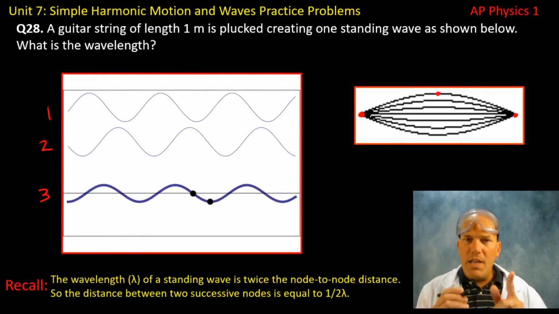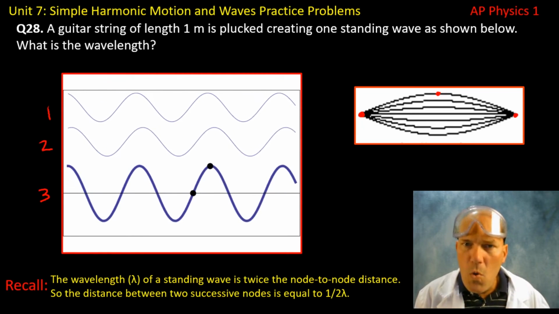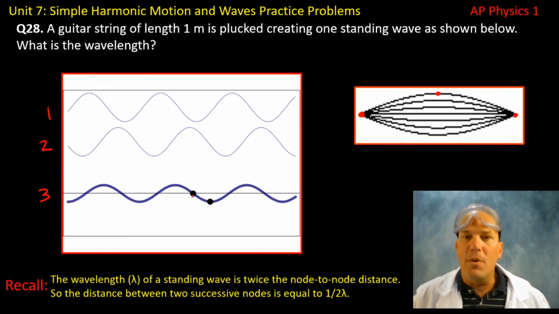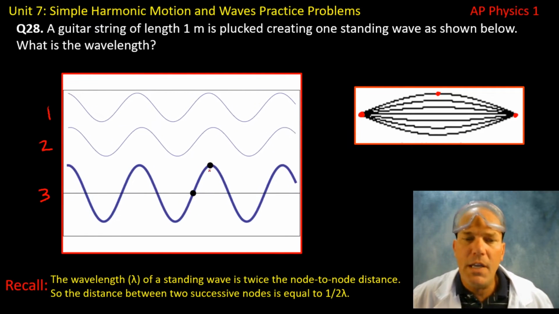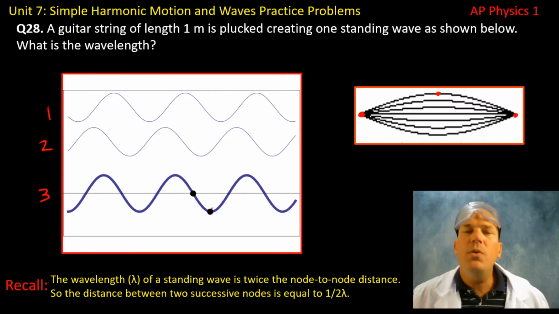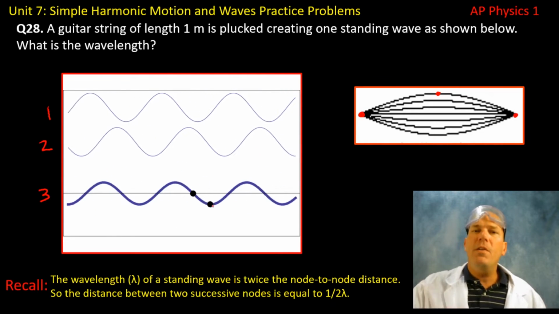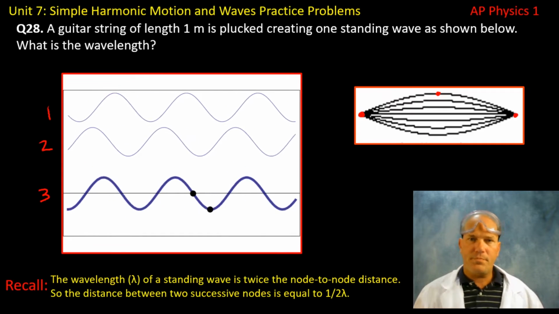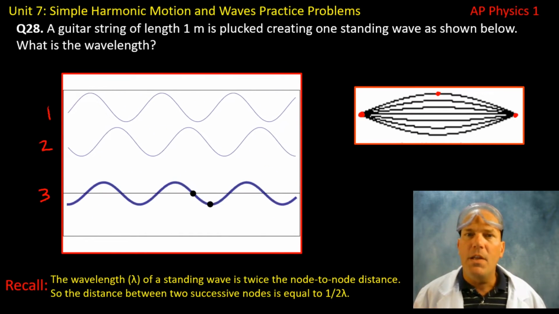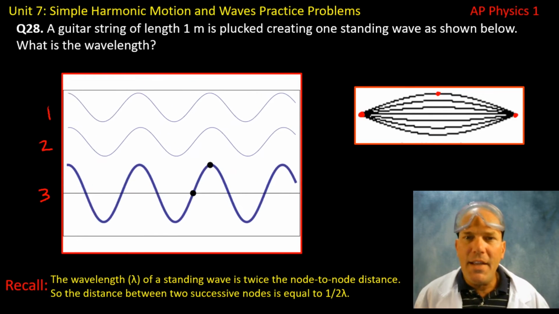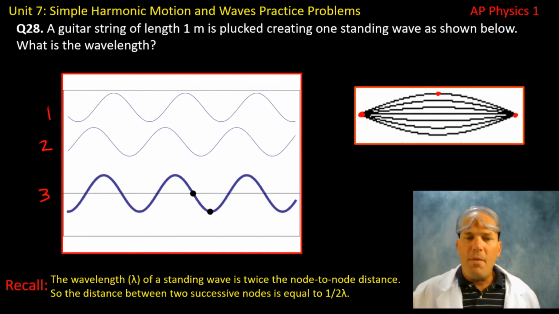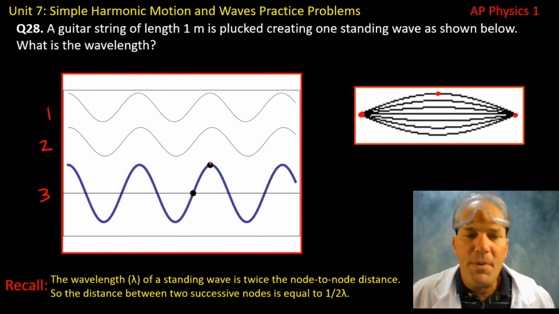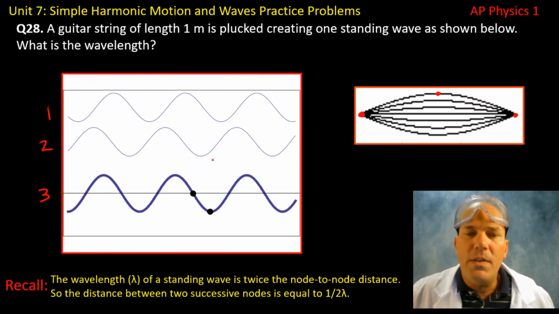A node is an area that has no displacement. All right, so it is not moving. Now let's look at point Q. Q is moving vertically. It has a maximum vertical displacement, both positive and negative. If you follow that point and look at when it has a maximum positive amplitude, you will note that that